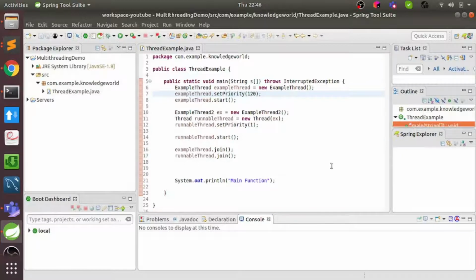Hello guys, in this video we will talk about three important functions of thread which are wait, notify and notify all. So why do we need these functions? Multi-threading allows us to execute concurrently two or more parts of a program, and by part we mean threads. These threads often have to coordinate their actions.